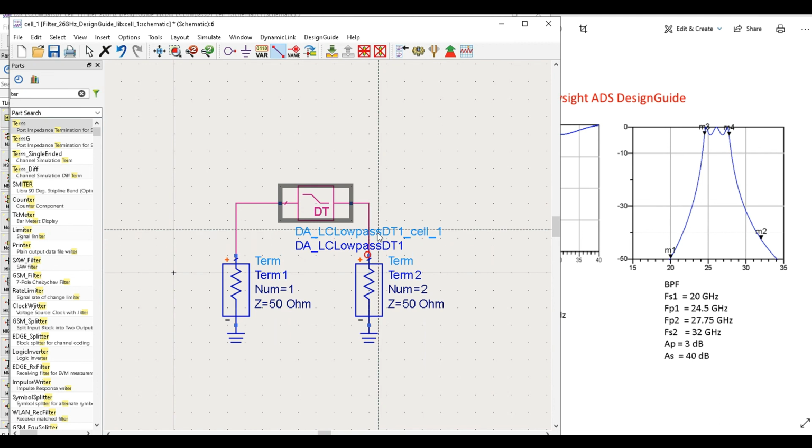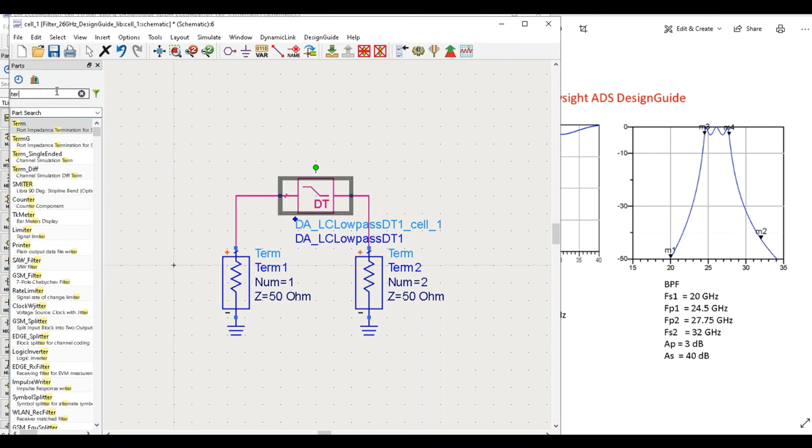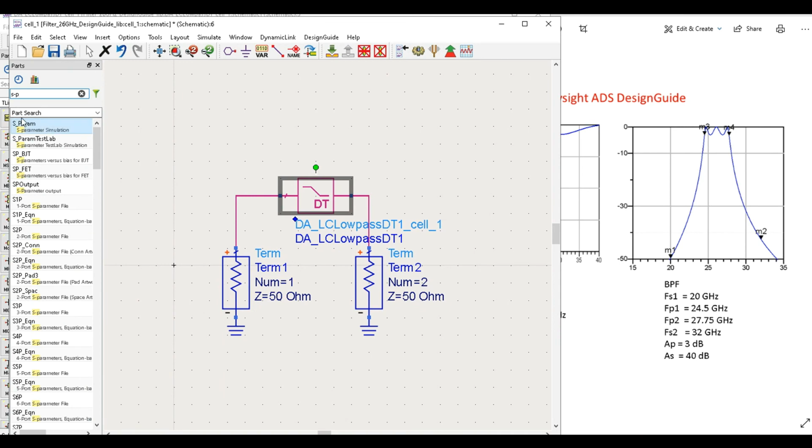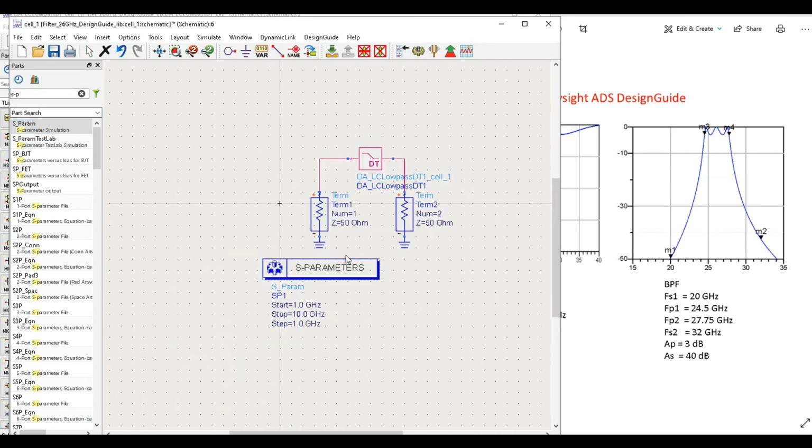We can use this circuit in any other design that we need. We don't need the design guide anymore, unless you want to reanalyze and maybe change parameters. So if we put in our simulation conditions, 15, 35, right, and we simulate this,